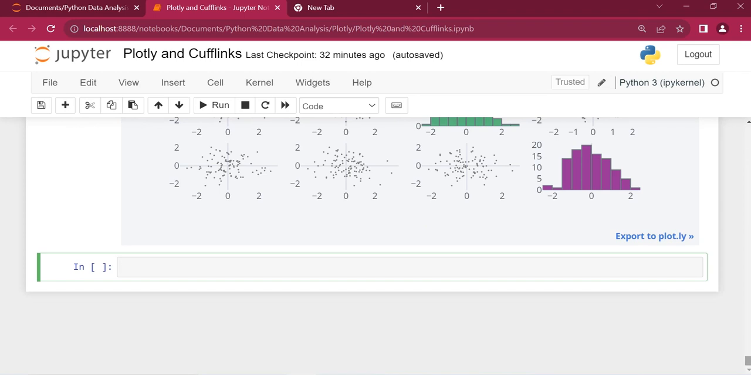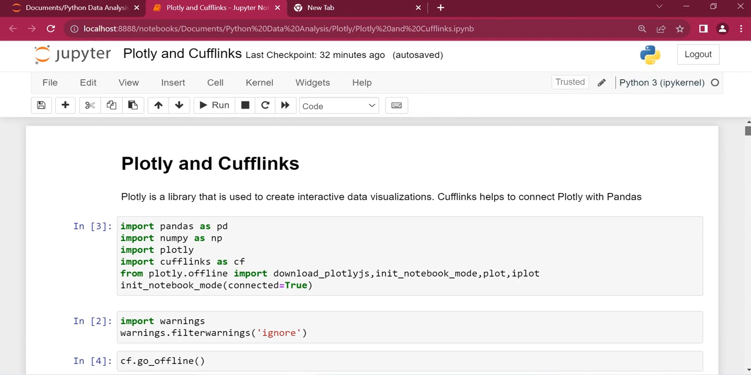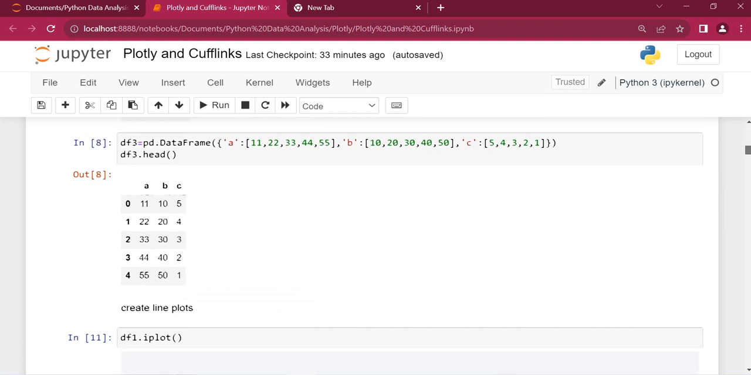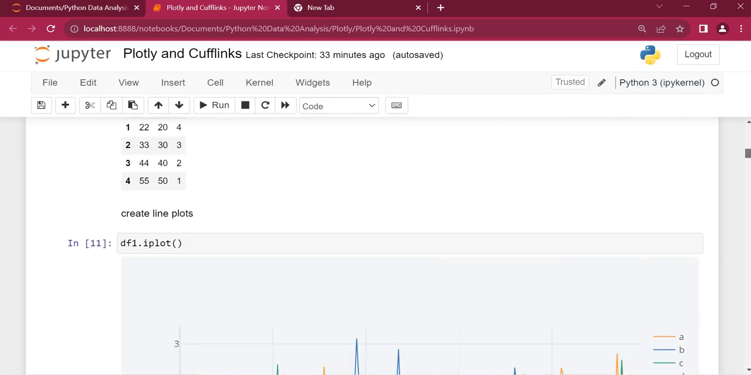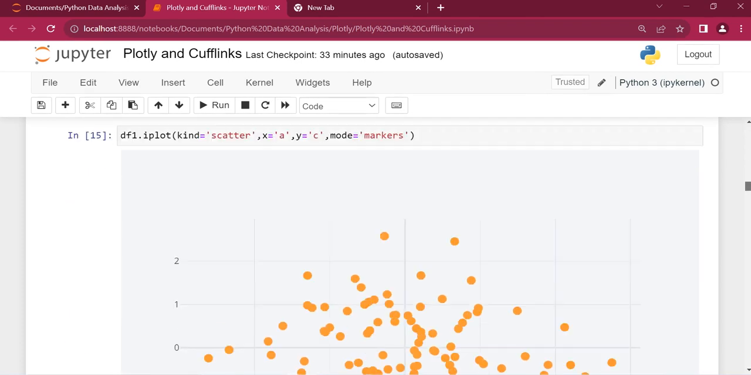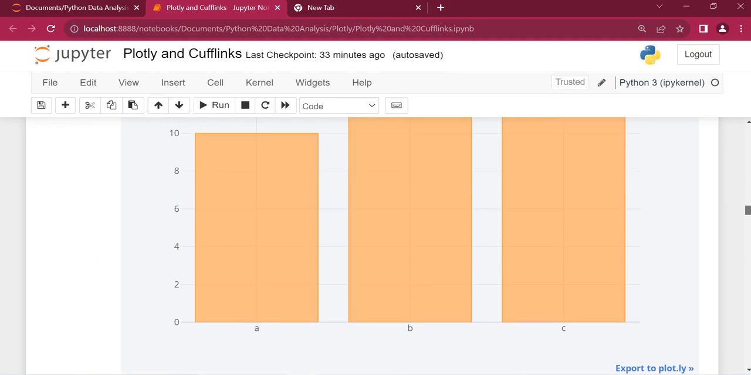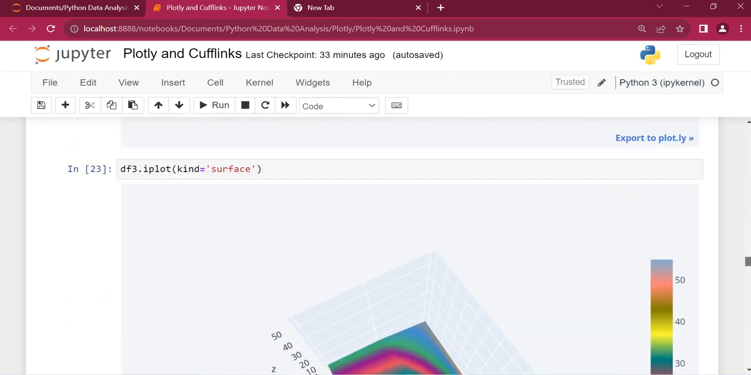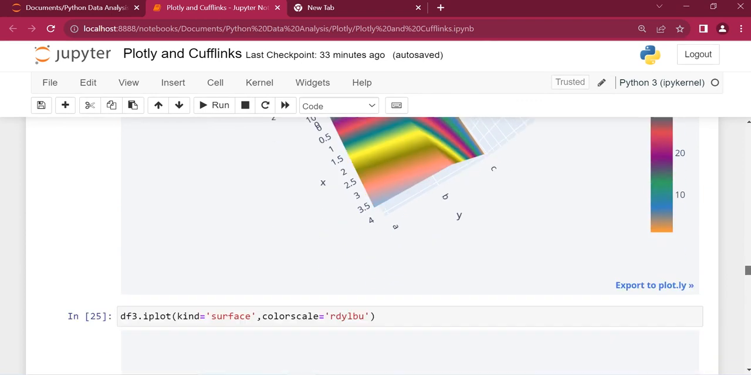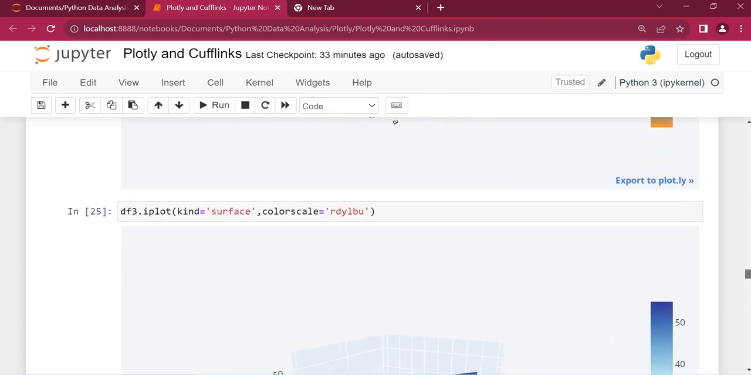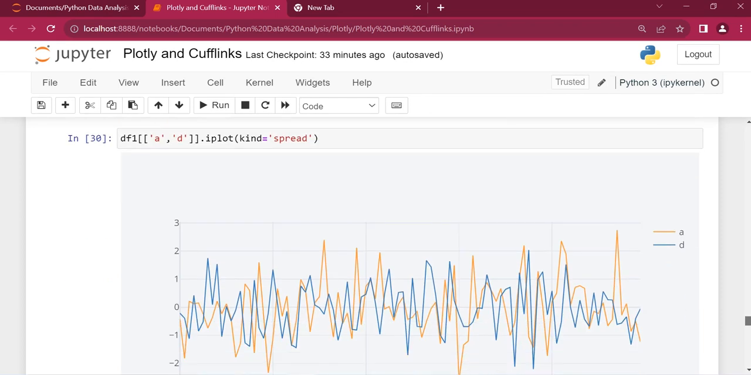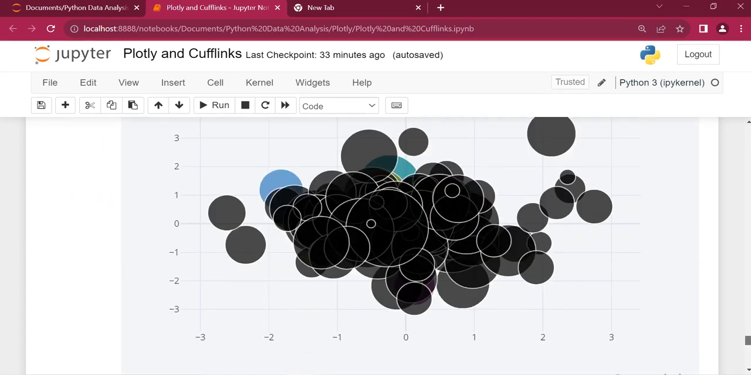Alright, so this is all about Plotly and Cufflinks. Here we have seen how we can make beautiful and interactive visualizations on data using Plotly and Cufflinks. We have seen how to create line plots, scatter plots, bar plots, and then box plots, surface plots, that's going to give us the 3D visualization, and also we have seen histograms, spread plots, and then bubble plots and a